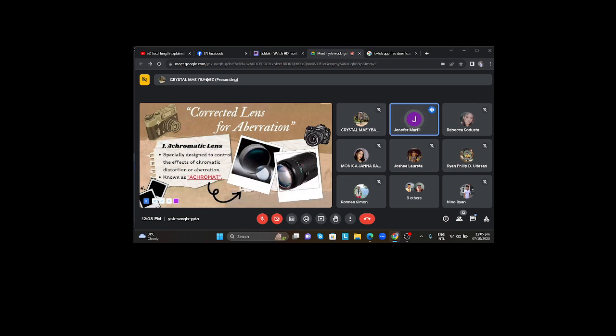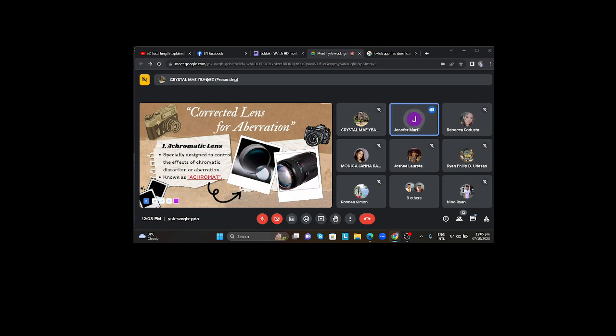But due to chromatic distortion, the colors in the picture look like a rainbow or unwanted colors appear in the image. And what the achromatic lens will do is correct